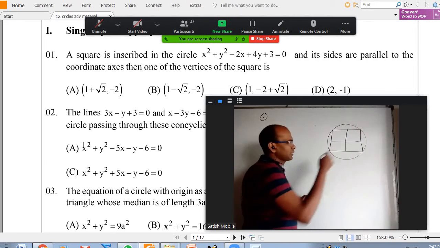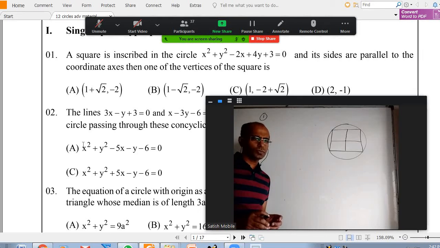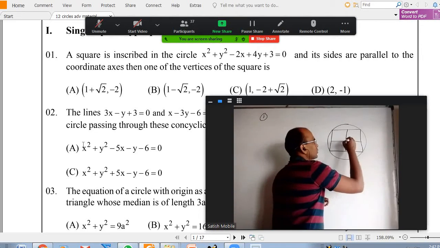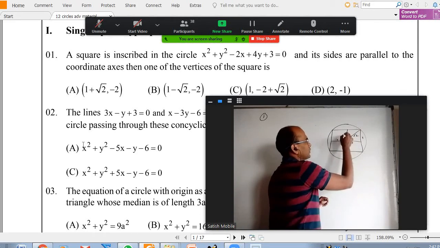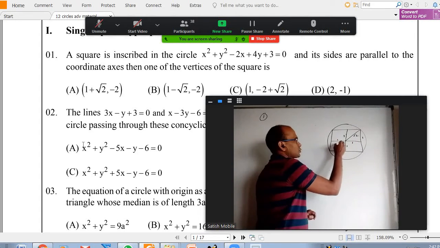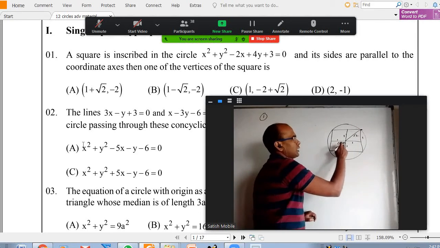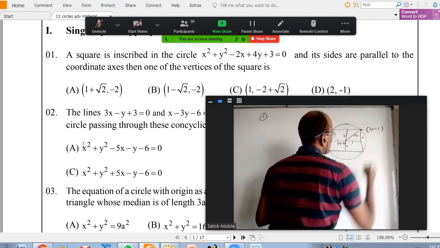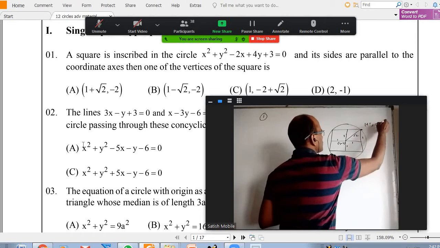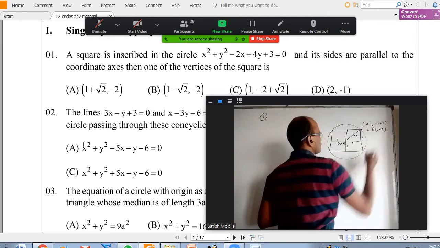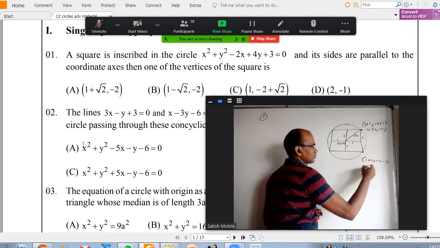The vertices. Very easily we can do from the figure because the radius is 1 plus 4 root 2. So if this length is root 2, this is 1, this is 1. All right. And the center is 1, comma minus 2. So if you want to go to this point, you have to go 1 unit forward, 1 unit upward. So add 1 here, add 1 here. That will be 2, comma minus 1 plus 1 minus 2 plus 1 equals 2, comma minus 2. If you have to come to this point, add 1, subtract 1. 1 plus 1, minus 2 minus 1 is 2, comma minus 2.